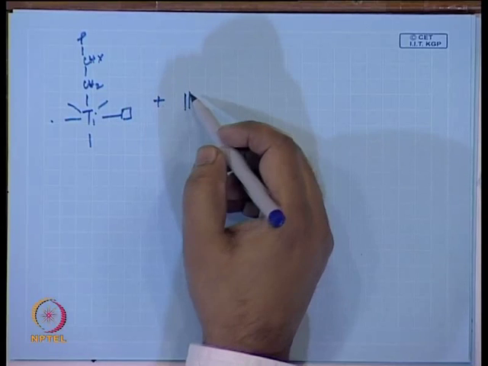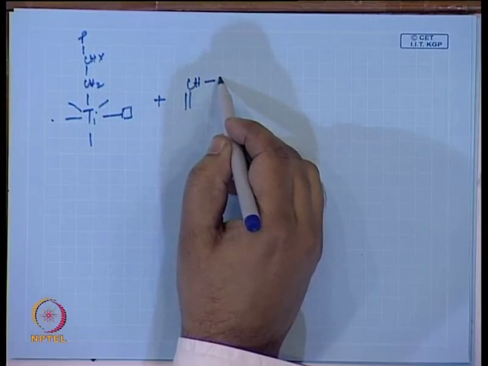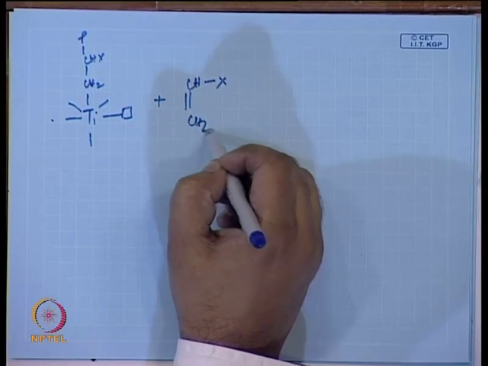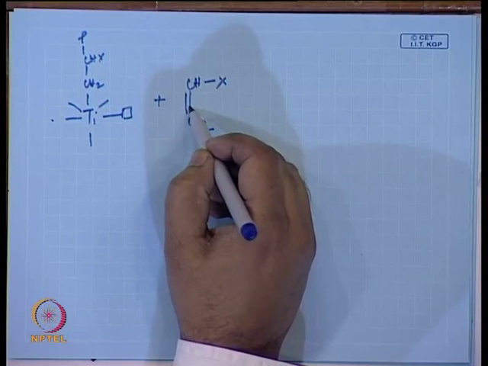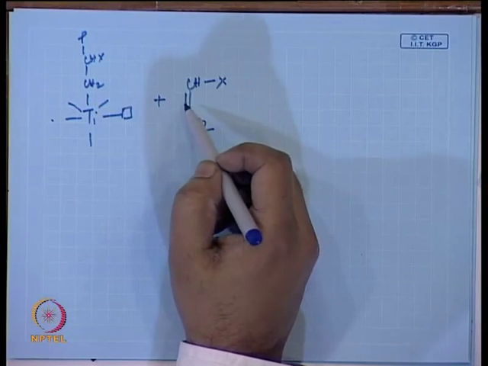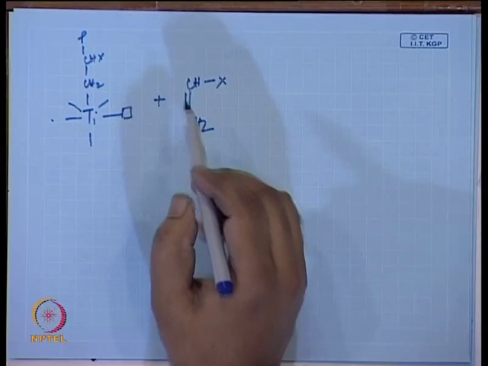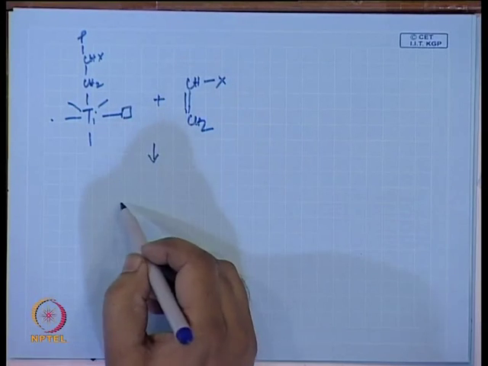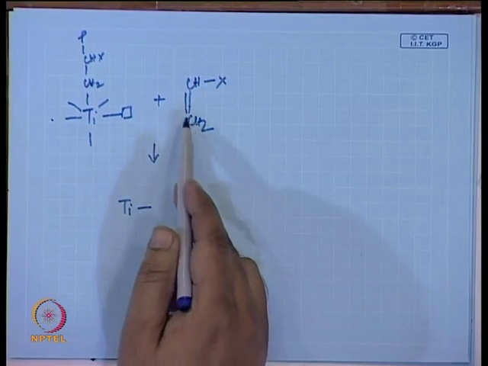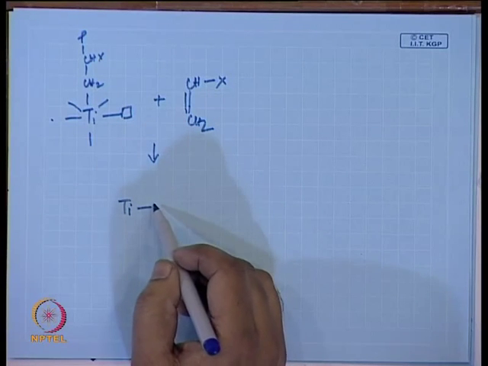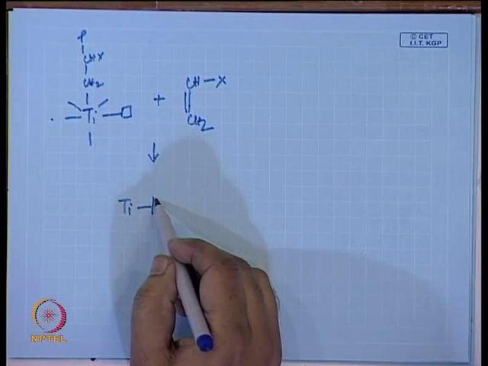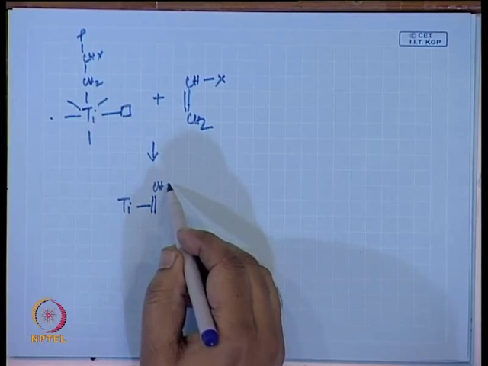Now, the monomer gets coordinated, forming a pi complex with the vacant d orbital. The monomer gets coordinated to this vacant or empty d orbital,